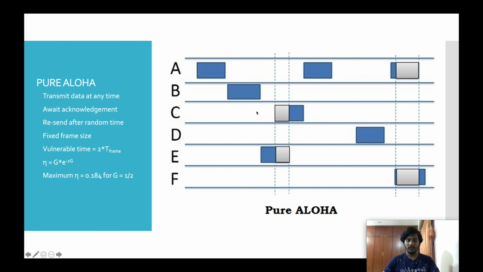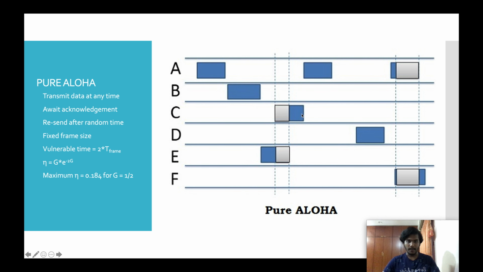Let's take the message of C here for more clarity. Let's take the starting point of C message, or the frame sent by C, as T. Now, let the time of each frame be T frame, and since it is the same, let's take it as T frame. Now from the starting point T, take the time T minus T frame and T plus T frame,